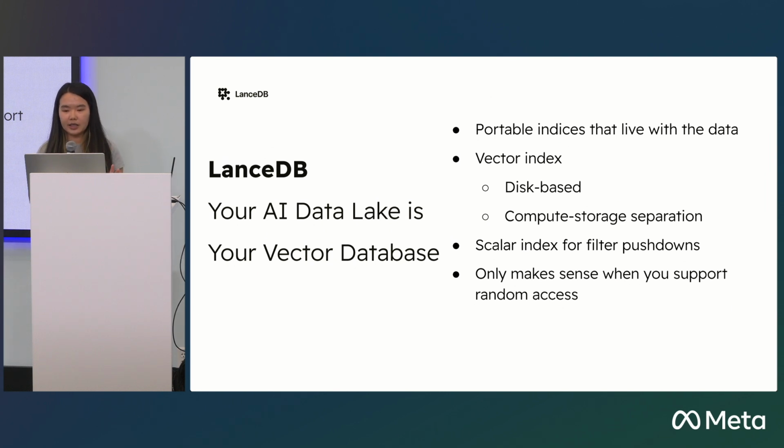And all of this only makes sense when you support random access, because we need to quickly use the indexes to locate the information that we want. We want to quickly know that this information is stored in this buffer, from which offset to which offset, and quickly get that information out of the dataset. And that is only supported when you support random access.